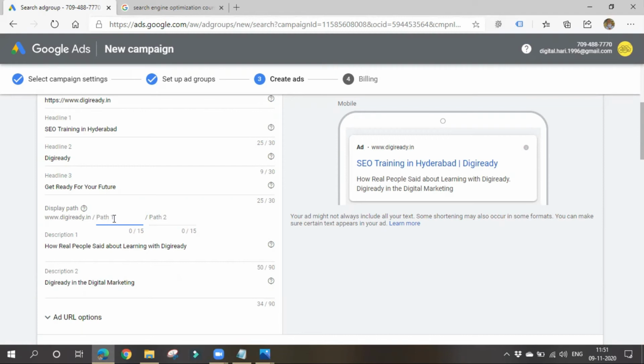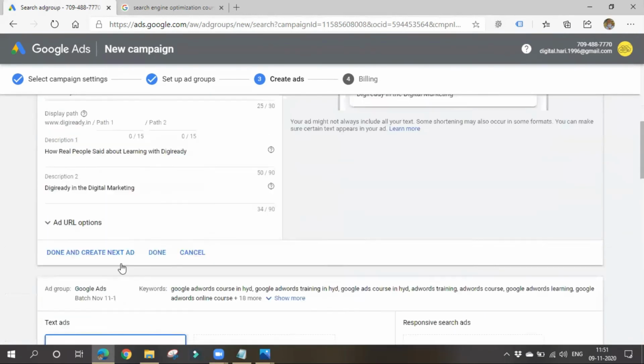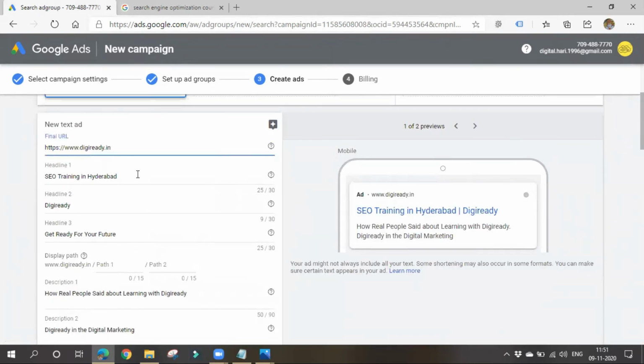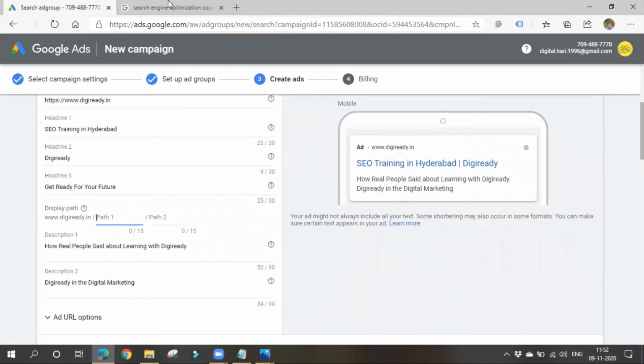This is all fake, guys. Again, I'm saying this is all fake. This is with the customer satisfaction. This is the URL where you'll be navigating your people. If you want to change this URL, you can change it. If you want to navigate them to an SEO page, /SEO, you have to create that particular SEO page, give that proper URL, and navigate your people. This is for the user satisfaction.